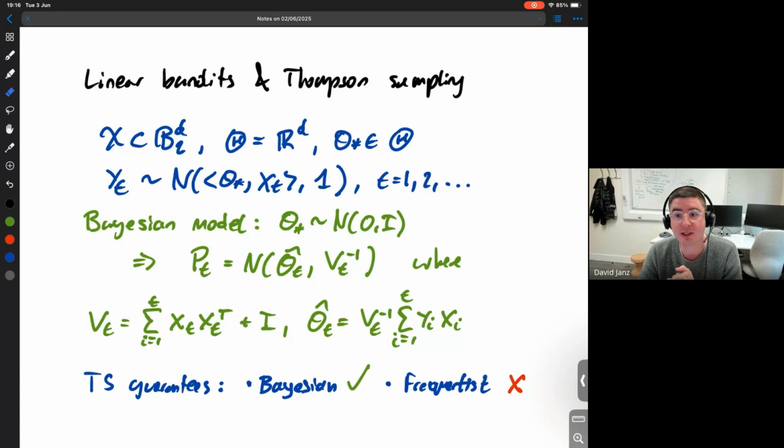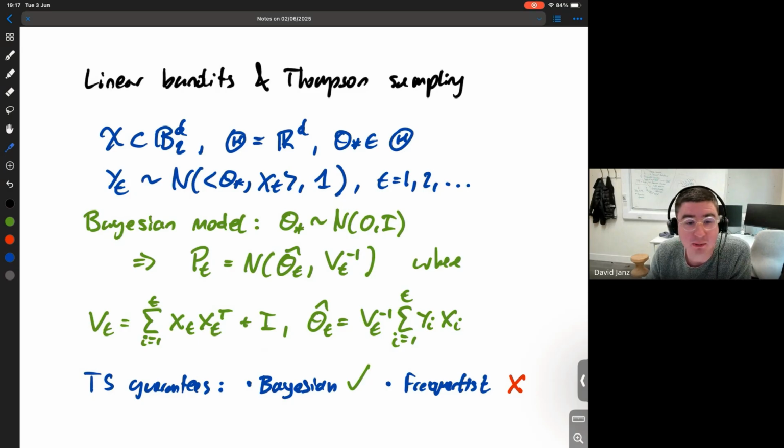Now, once again, there's a natural prior to pick here, a Gaussian prior for theta star, just because it's conjugate, just because this leads to all the standard ridge regularized expressions that we know how to work with. It's going to be computationally nice. We have this usual design matrix that will come up repeatedly, and we have our ridge regularized least squares estimate. Keep that notation in mind.